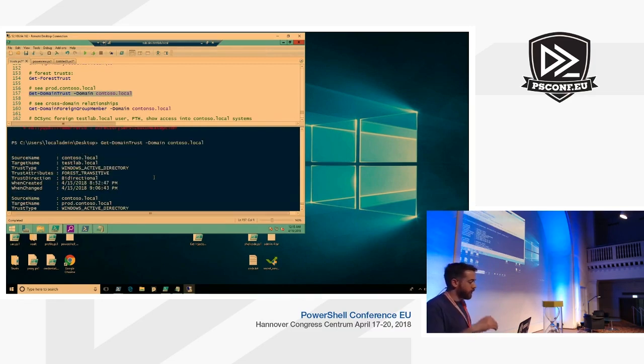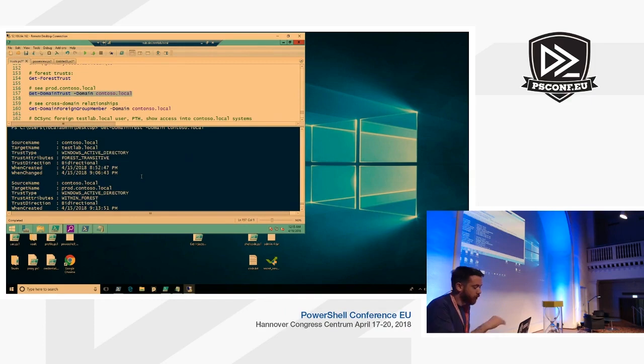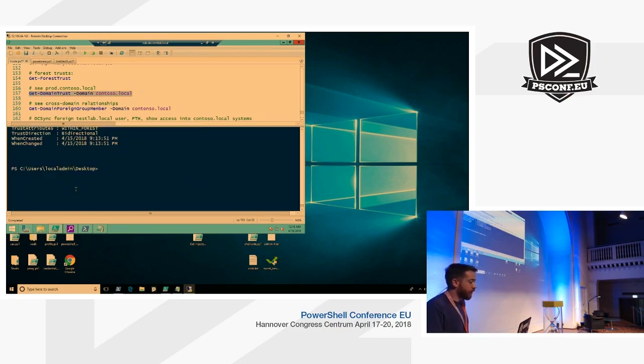So I've compromised all the way up. I'm now an enterprise admin in contoso.local. I want to see what trust that has, and I see that outgoing trust, or, I'm in testlab.local, and I have that outgoing trust at Contoso. And I also see that there's prod. So again, from